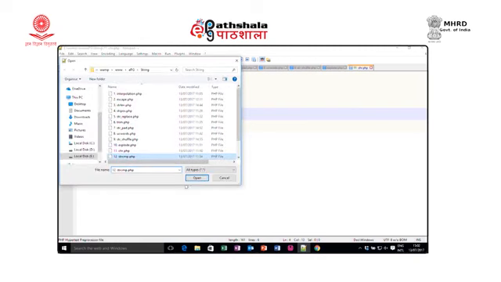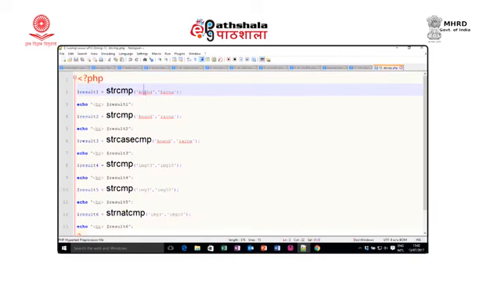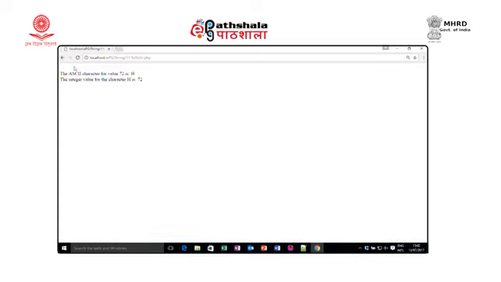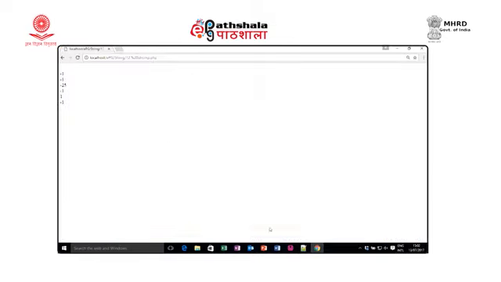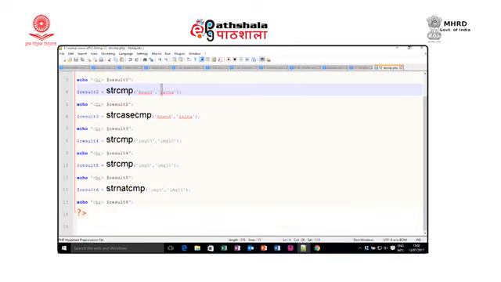So, here I open the string compare file. Here I compare two strings, the first one is Anand and Jharna. So, we know that A comes before J. If I run this file, it returns -1. In the same way, I again use Anand and Jharna with a small z, but of course, the result will be the same. Now, if I write string case comparison of Anand and Jharna, capital A and small z, this is -25.